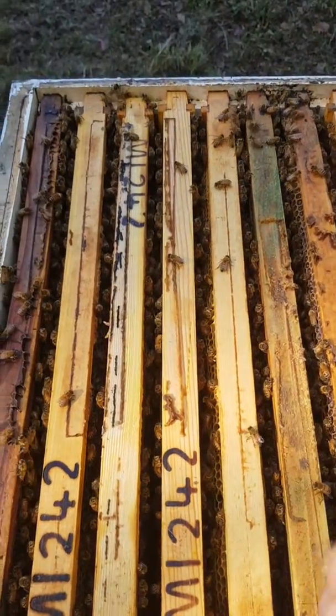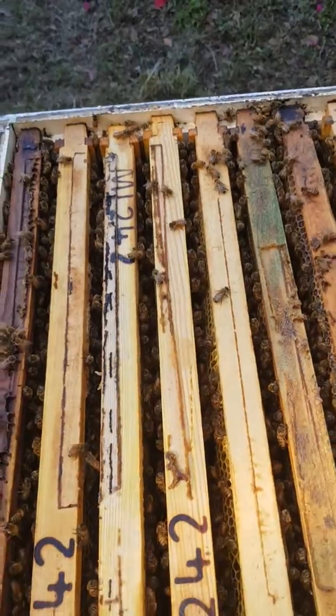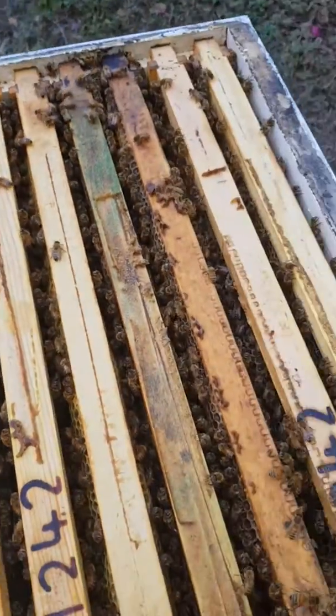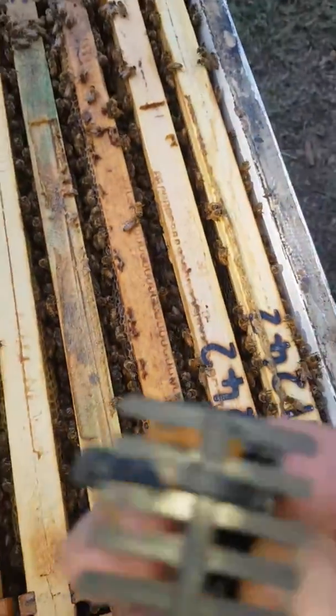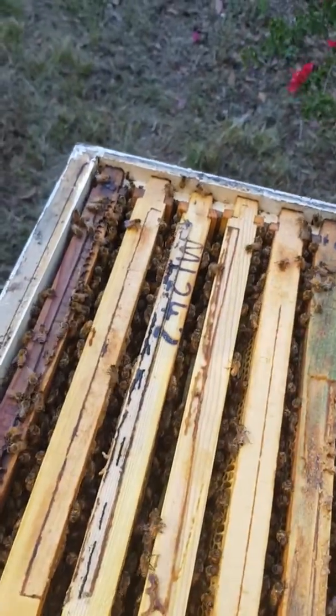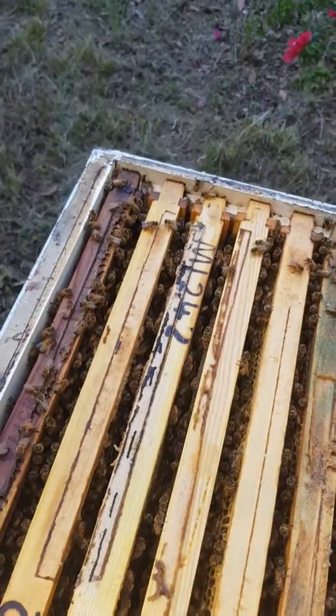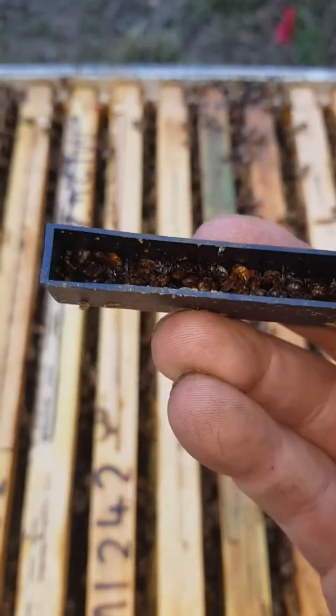Just pull this fella off here and we'll have a bit of a look. You'll notice the bees are pretty quiet at the moment too, which is quite surprising considering we are going through a bit of a dearth situation at the moment. So got them at a good time today. Just getting this lid off, guys, it won't be too long. Okay,